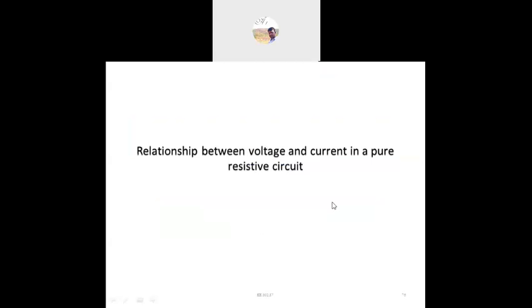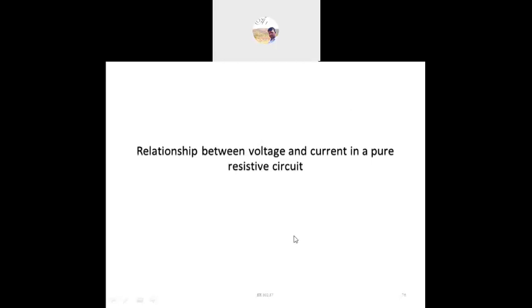So what are the characteristics of these circuits? How will the problems come, and how do we have to find out the problems? The voltage and current characteristics in the RL circuit, RC circuit, and RLC circuit. So first, we have already discussed